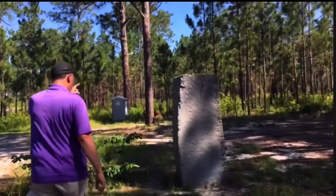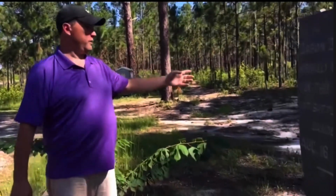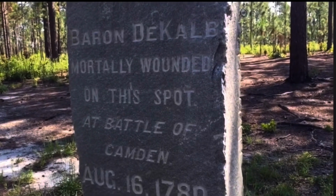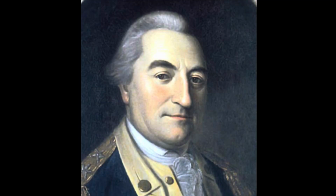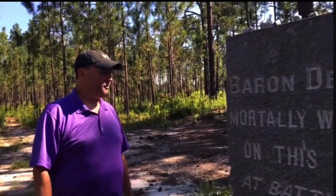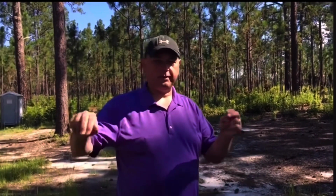This is the exact spot where the Baron de Kalb was mortally wounded. And you can see people have left little mementos and rocks and put them on the top there. You know, as I said, de Kalb was a Frenchman, but as France got involved in the revolution late in the war, de Kalb joined up with George Washington, was at Valley Forge, and then eventually was sent down here into the Southern Theater. Fought bravely, and we're going to go see his grave later, and I'll talk a little